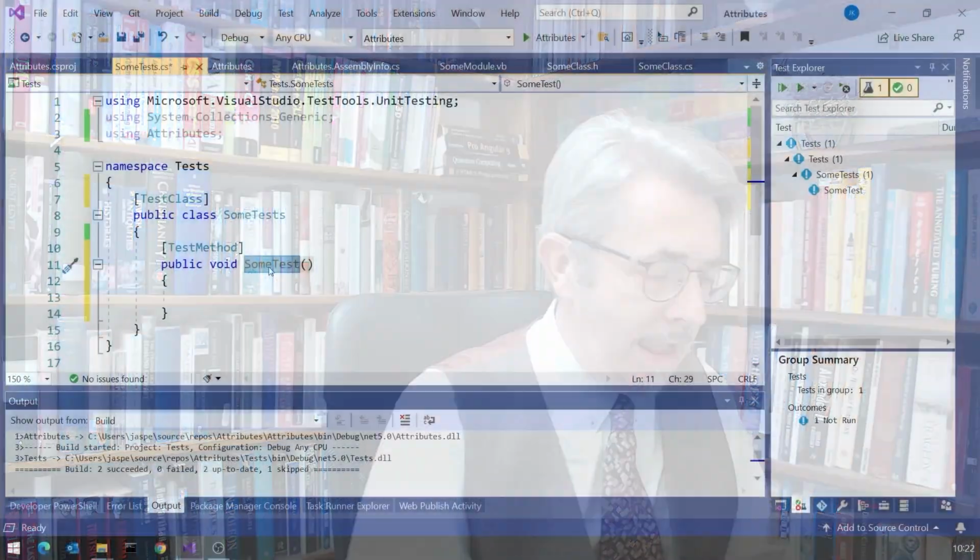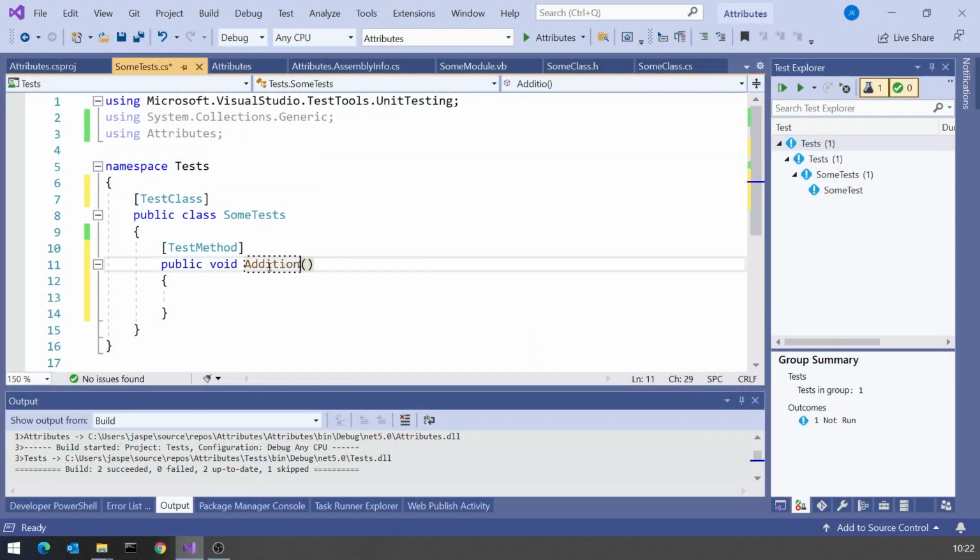The reason the testing is quite a nice example, though, is because we can also see a really nice additional feature of attributes that really wouldn't work in those other ideas I had of using a marker interface or using a naming convention. Attributes can take parameters. So let's suppose actually this is a test for addition. And I might do something like this. It's very silly, but it shows the idea.